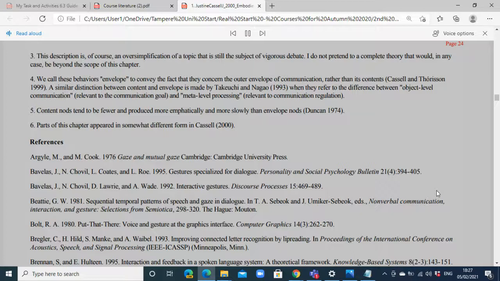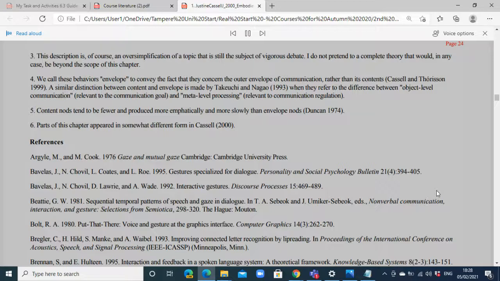Bregler, C., H. Hild, S. Manke, and A. Waibel. 1993, Improving Connected Letter Recognition by Lip Reading. In Proceedings of the International Conference on Acoustics, Speech, and Signal Processing, IEEE ICASSP, Minneapolis, Minn. Brennan, S., and E. Hulteen. 1995, Interaction and Feedback in a Spoken Language System, a Theoretical Framework. Knowledge-Based Systems